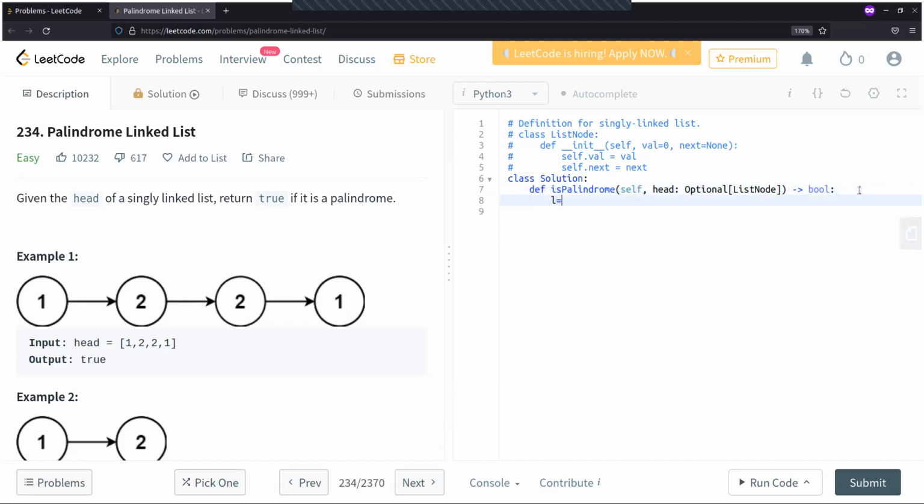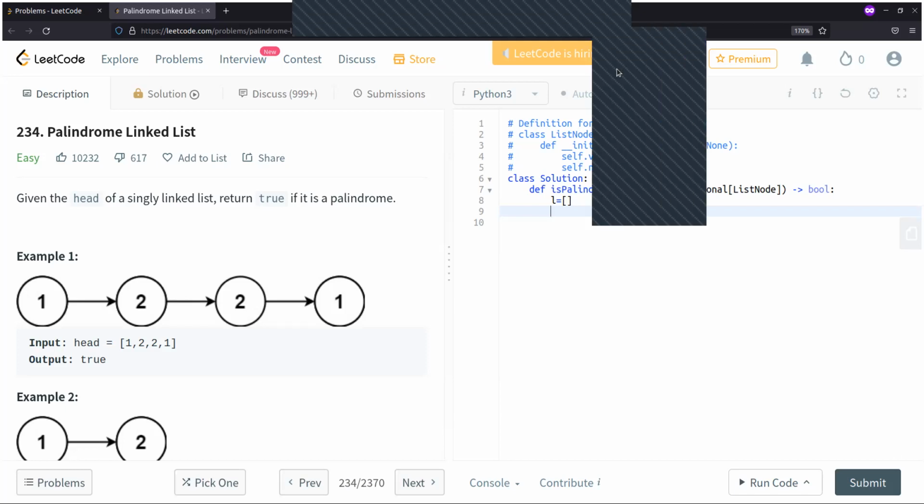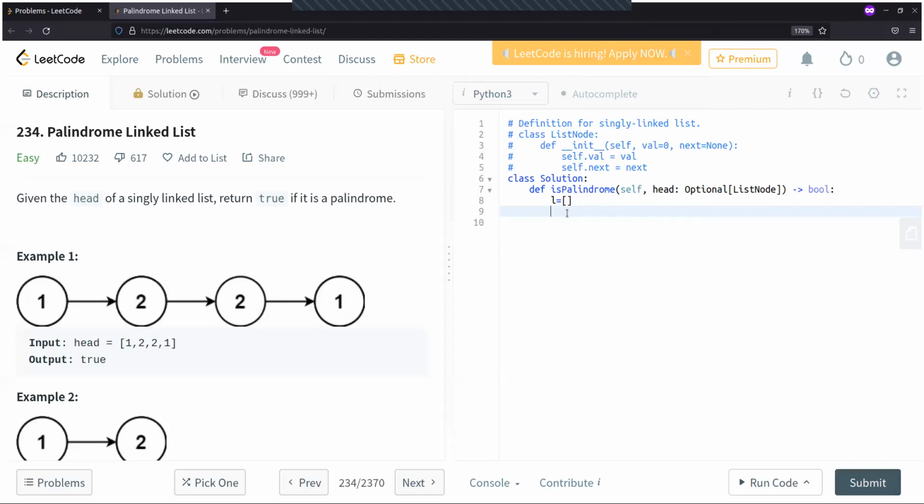So let us create a list L. Now I will traverse the linked list. One point here that you should note, whenever you are traversing a linked list, you should always use a dummy head node. So I will create a dummy head node by the name of H. Now I will traverse the linked list and I will append all the elements of the linked list into this linear list L. So while H,